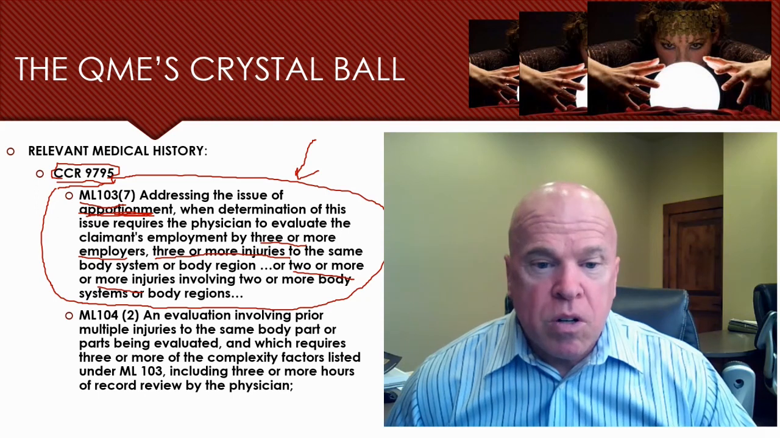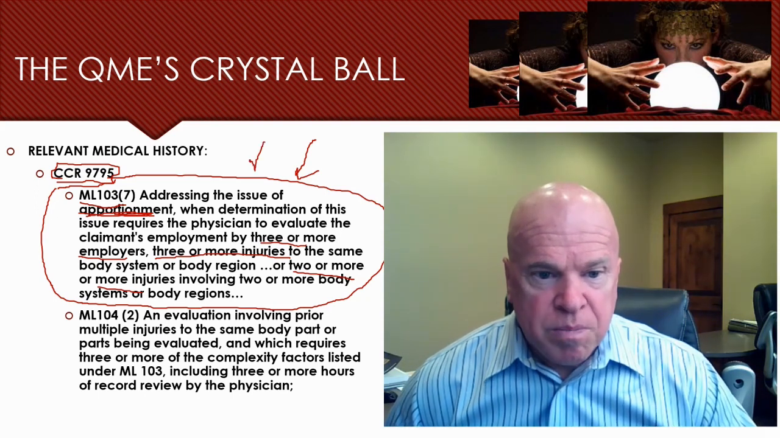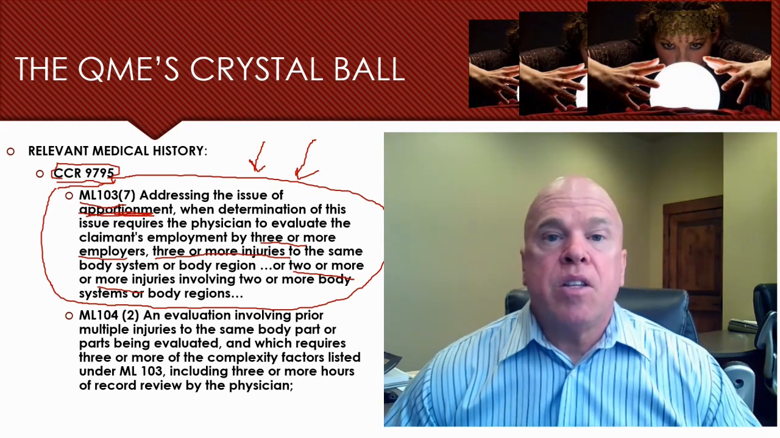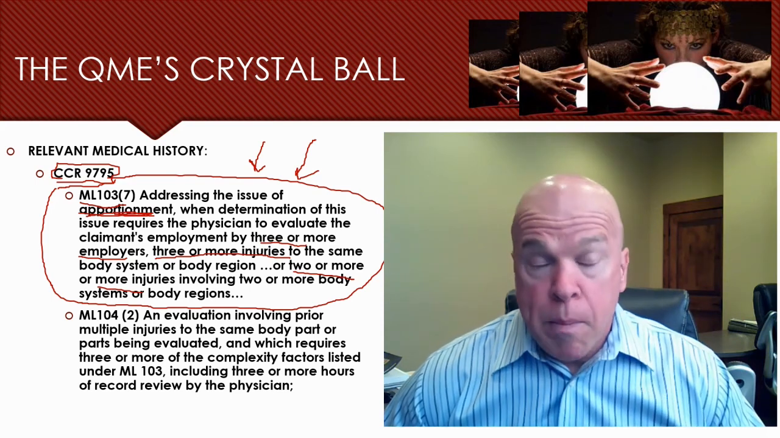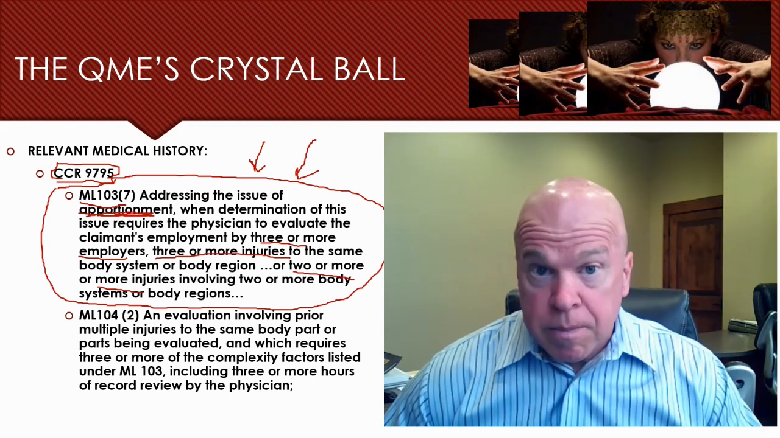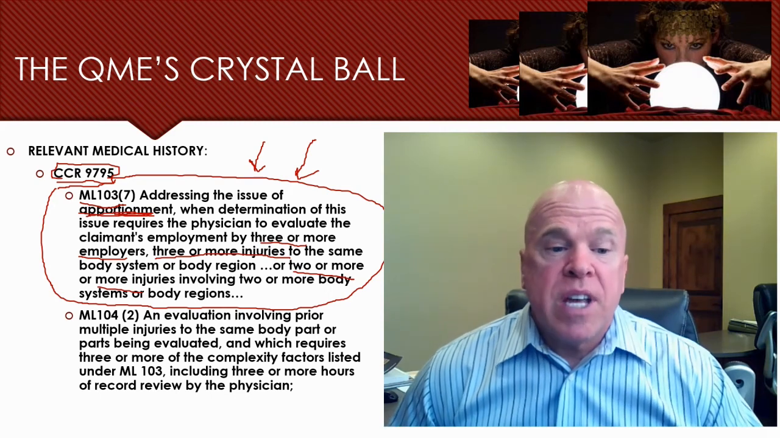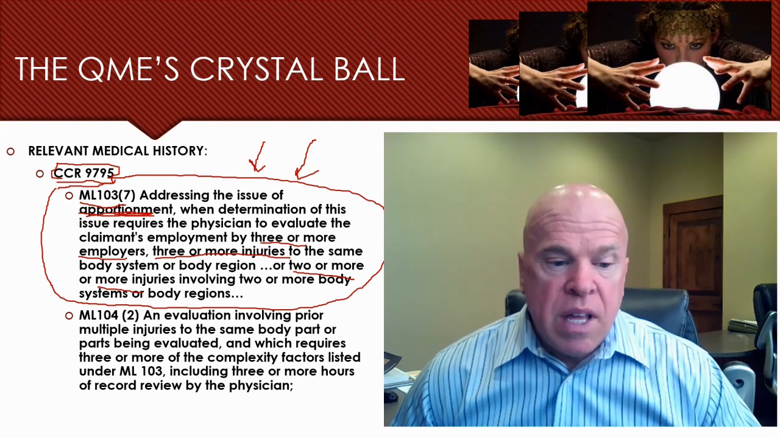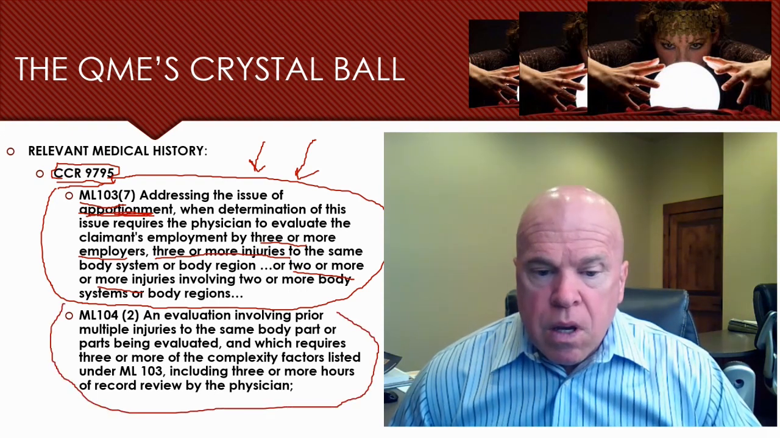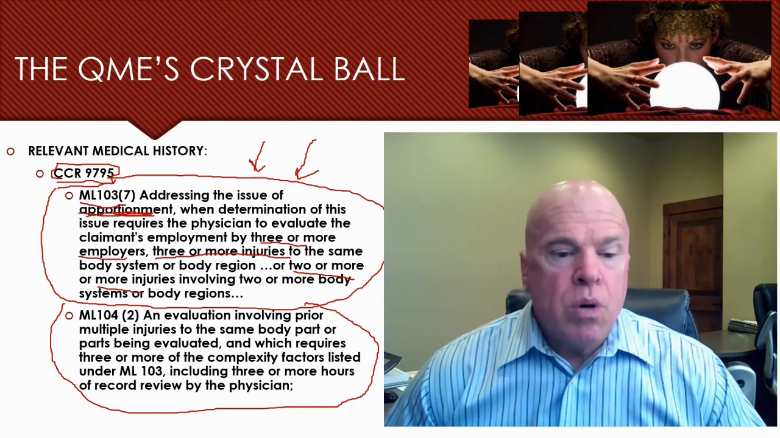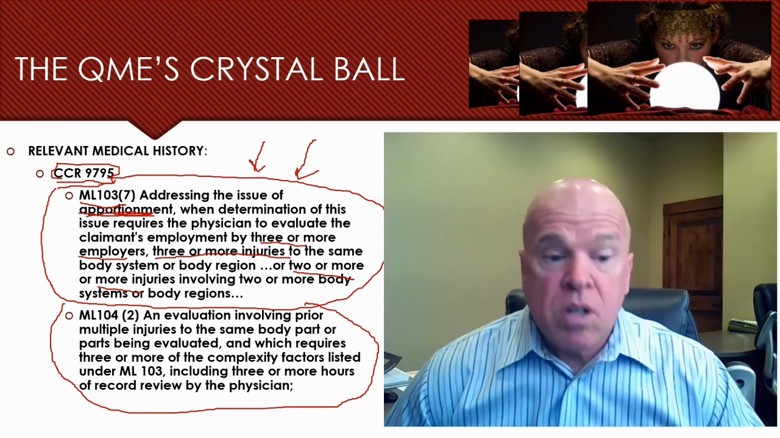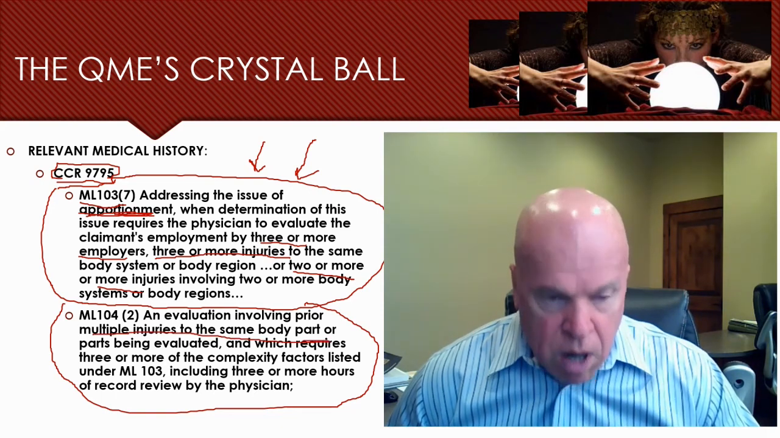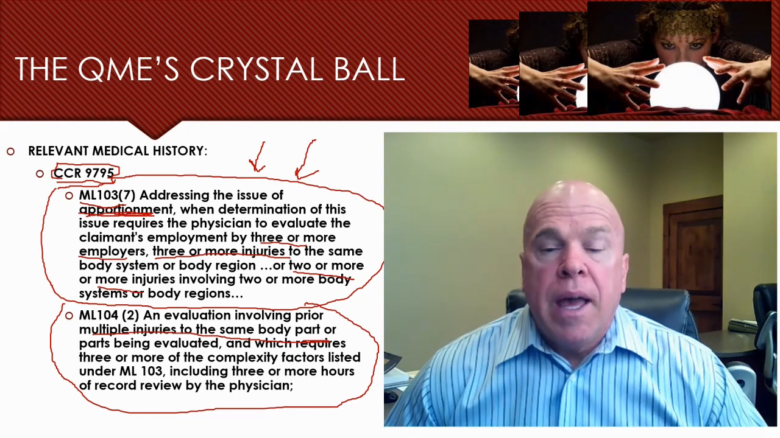Here, the Division of Workers' Compensation provides us with their version of a crystal ball by encouraging us to dig into the past medical history and for compensating us handsomely for doing so. Okay? So that's the ML 103-7 complexity factor regarding apportionment. In addition to that, under the ML 104, complexity factor number 2 reads as follows. It says, when the evaluation involves prior multiple injuries to the same body part or parts being evaluated,